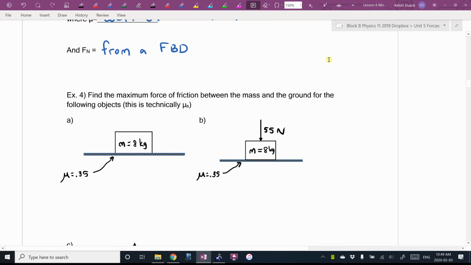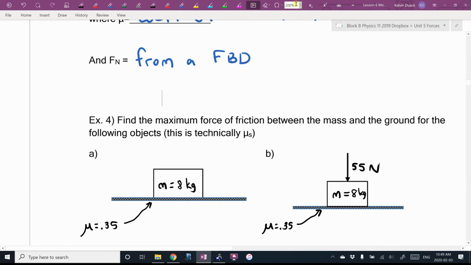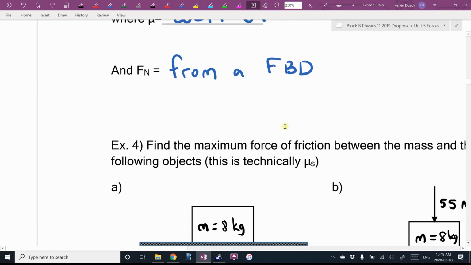Example 4 says, find the maximum force of friction between the mass and the ground for the following objects. Technically, this would be mu static if I went back to that little rant I did last class, but I've said to you, we're just going to pretend that all the mu's are the same. In other words, how hard would I have to pull to get these objects to start to accelerate? I'm going to zoom in. In fact, I think I can zoom in a bit more, Mr. Dueck, on example